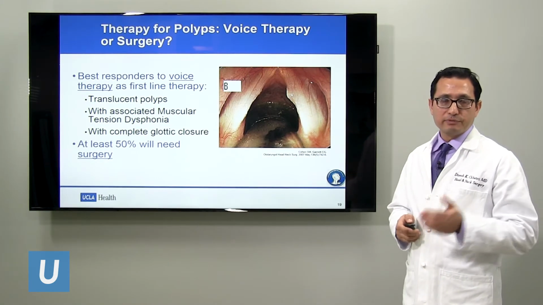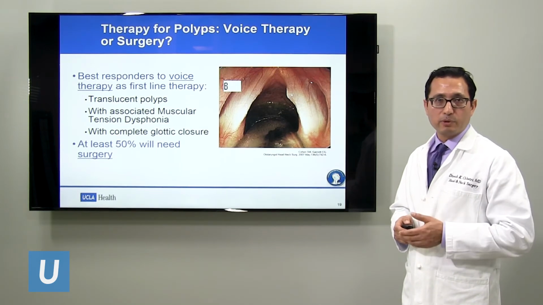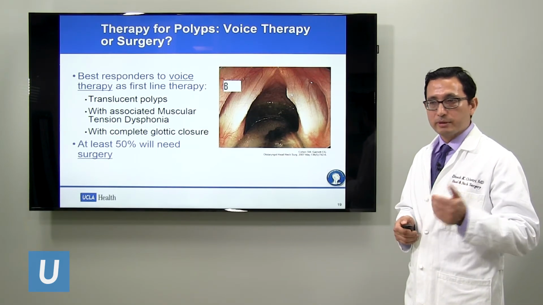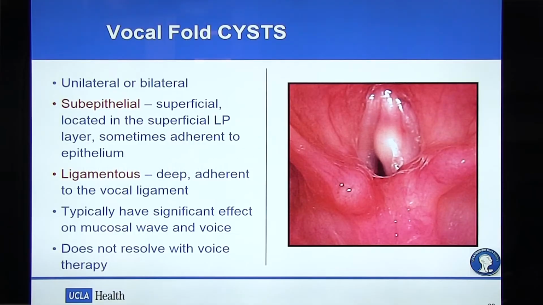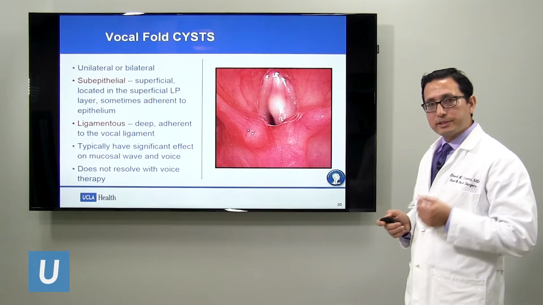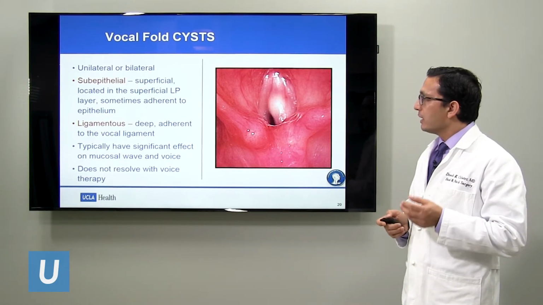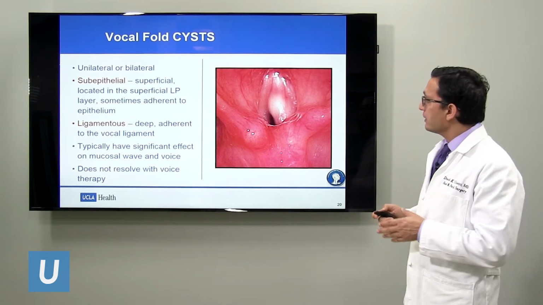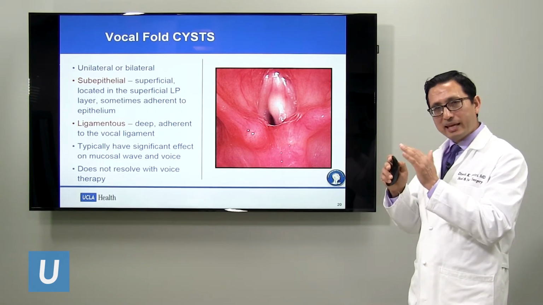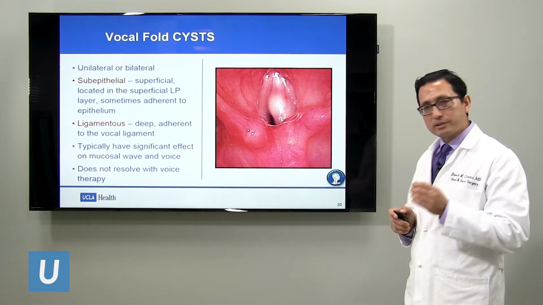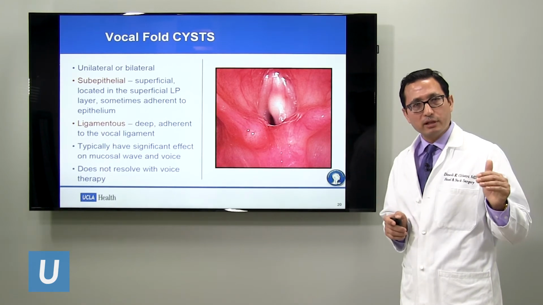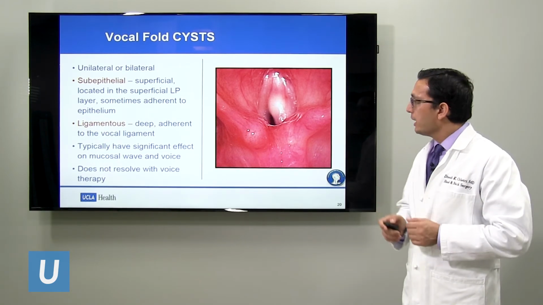But at least 50% of polyps will ultimately require surgery to treat them. Vocal fold cysts are unilateral or bilateral. On the right, you can see a picture of a cyst that's just under that epithelial layer in the lamina propria space. Cysts of the vocal folds can be either subepithelial, meaning that they are superficial and located within that lamina propria layer, sometimes adherent to the epithelium itself, or they can be a little bit deeper, adherent to the